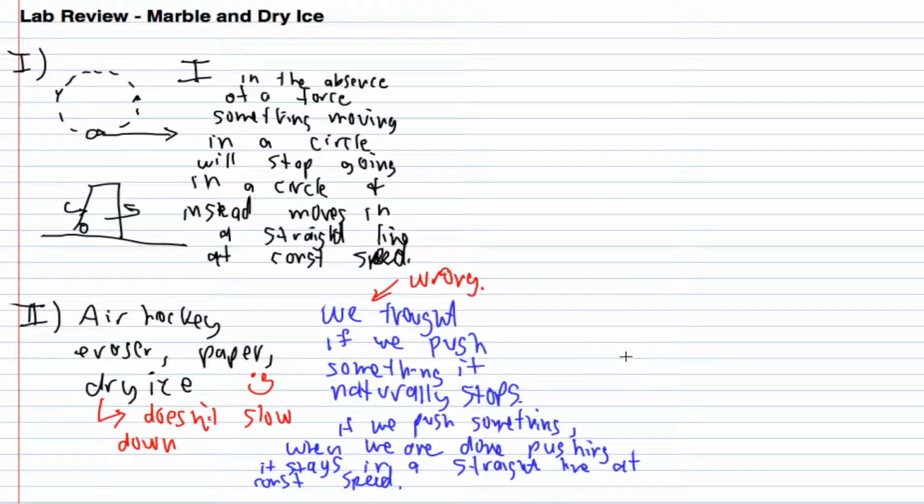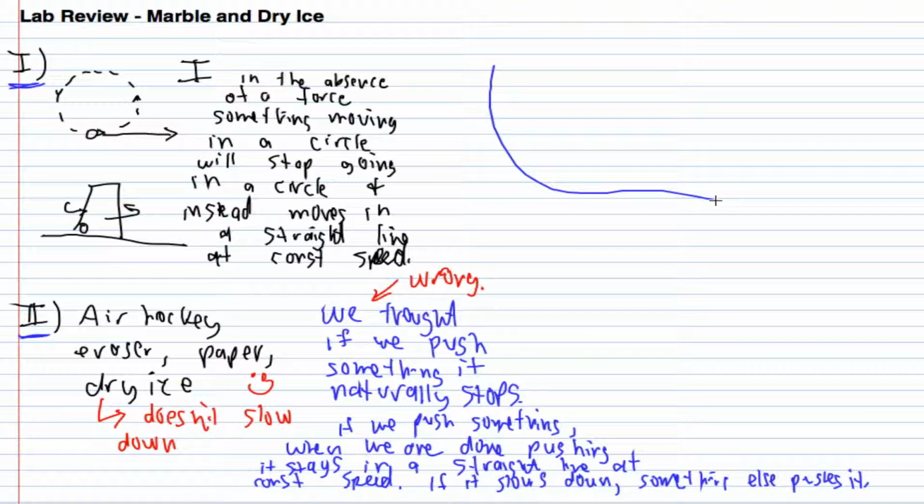And then we realized a second part to this. If it slows down, something else is pushing it. And that's the idea. So what we did is we took the idea from part 1 and part 2 and we formulated a completely new idea. And that new idea was Newton's first law, which will actually state,